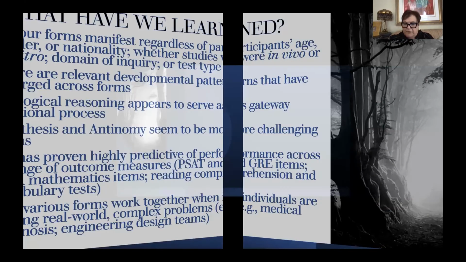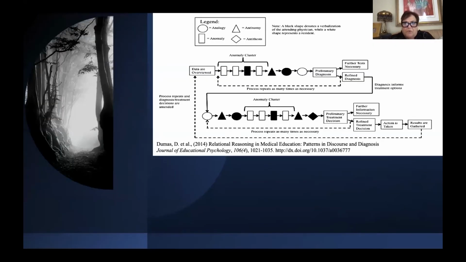So here's some data to point out what I was saying. This is one of the studies that involved Kevin Dunbar, where we looked at an expert, a resident and an attending physician during the process of making a diagnosis about a patient's condition and then deciding on treatment that would be workable. And what's fascinating about this is that it was the first time we really came to this realization about the fact that these forms play off of one another. And they play off one another in a way that fits the task of the problem at hand.